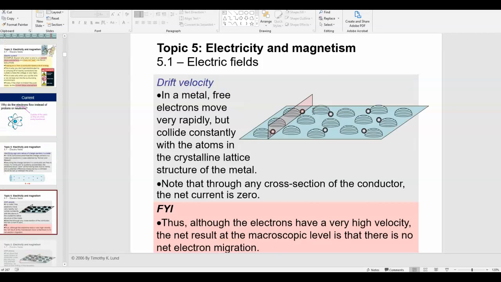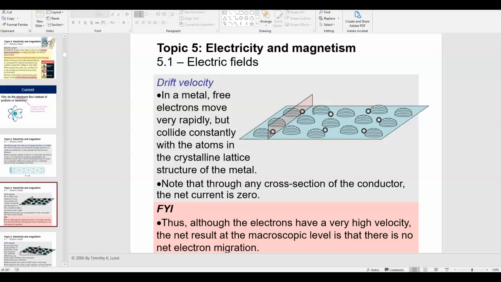And if you think of what we now know about atoms, or if you think of just a bunch of atoms, you have a bunch of moving charge. You have the electrons spinning around the nuclei, and they're zooming all over the place. Technically speaking, that does constitute current, but that's not what we really think of when we talk about a current